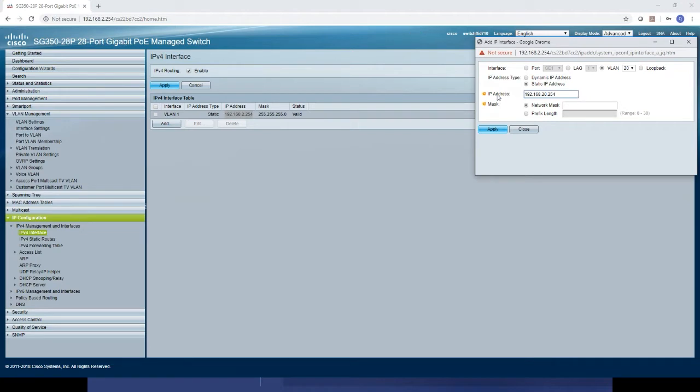This will essentially be my default route, or my gateway, for my clients on this VLAN. So if they need to get to another network, a dissimilar network, then that is where they'll route their traffic to. The network mask is the subnet mask. You can use